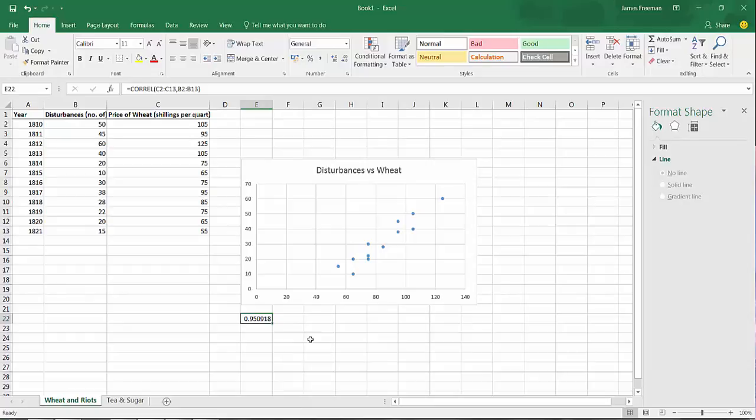Now remember that the R will always be between -1 if it's a really strong negative correlation, so if it was going like this, downwards, 0 if there's absolutely no relationship and the points are all over the place. And it will be near to 1, well, the nearer you get to +1, if it's a strong positive correlation, which is what it looks like we've got in this case, at 0.95. So this one looks like there is a strong positive correlation between the price of wheat and the number of